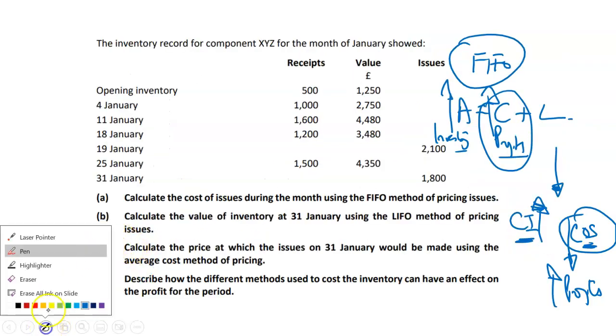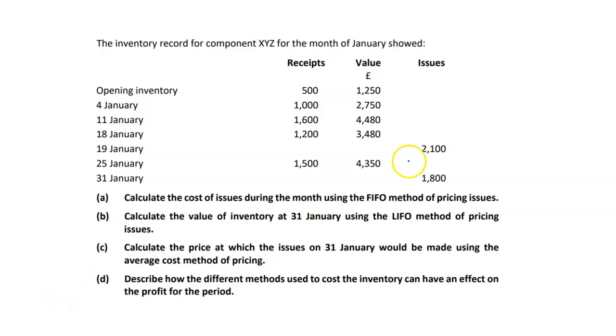What we should be arguing is more about the pricing as opposed to the quantity. If it's stock that doesn't really change, then there'll be no effect with whatever method we use, because you'll still have the same number of units. It's very much about the valuation. That's what really affects profitability, because higher values of closing inventory at the end of the year will lead to